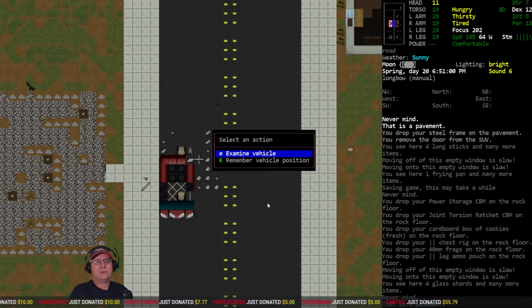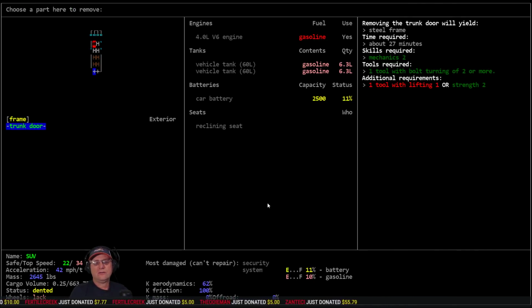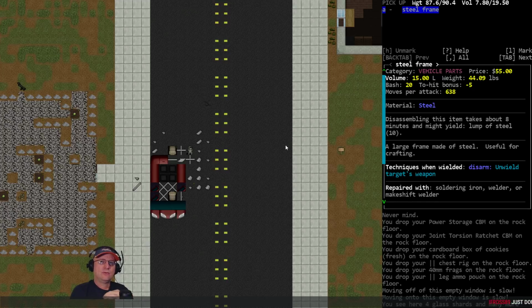I'm pretty sure trunks do also. Trunk's the one I remembered after you mentioned that. So if I remove the trunk door, also 27 minutes. And yep, also provides a frame. So 1, 2, 3, 4, 5. Yeah, I should get 6 total, which I need 5 for the Crucible and the Anvil. We've already got the metal tongs. I need... There's one other item I need. Swage and die set? Can't remember. It is